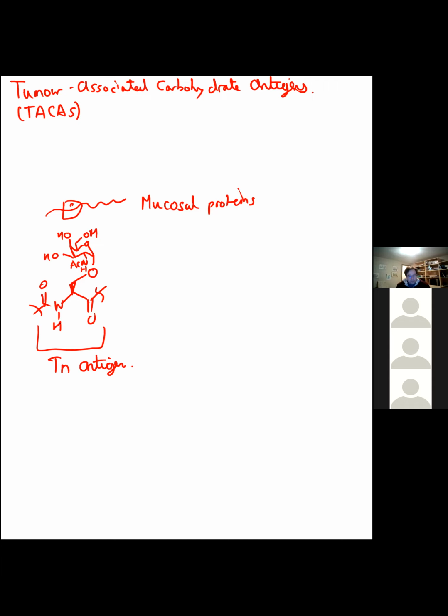So this is actually a cancer marker, and it's only found on cancers, and it's found on greater than 90% of all carcinomas, regardless of organ. So this is fascinating